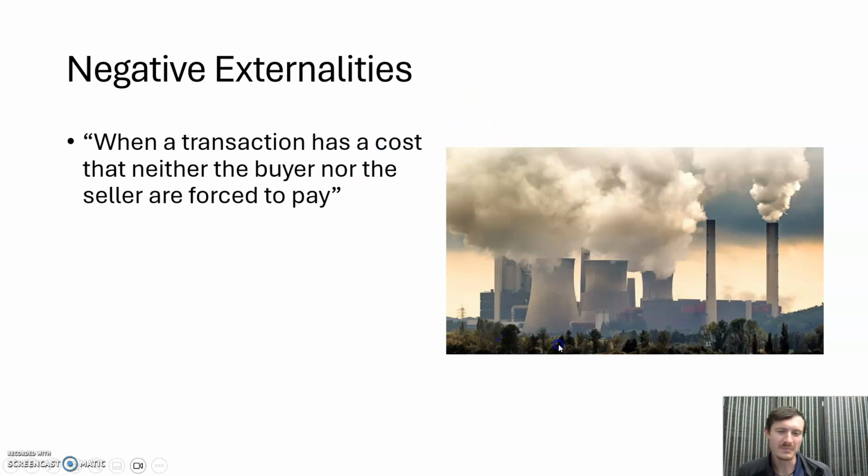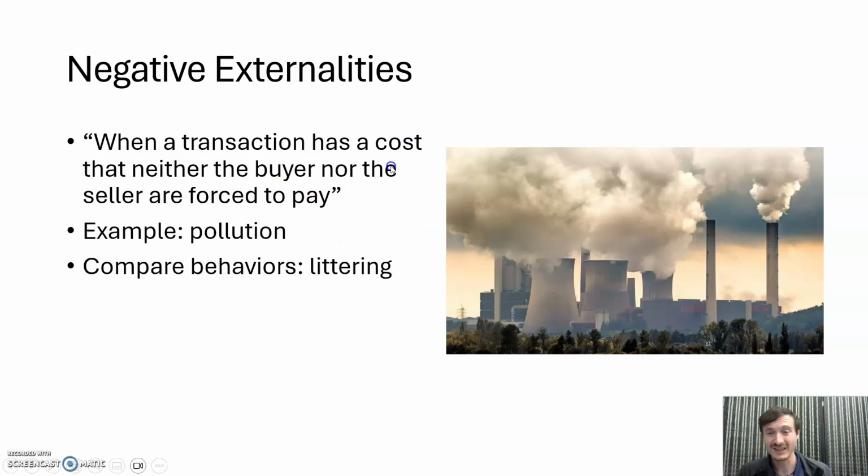So, I'm buying some product from these folks and these folks are selling it to me, right? But there's also all this stuff, smoke and what have you, that's launched into the air that's bad for the environment, right? And so who pays the cost as a result of the pollution? Everybody, not the people who are involved in the transaction or who are making money off the transaction. So we have a private profit and a cost that is paid by everybody, right? That is what a negative externality is.